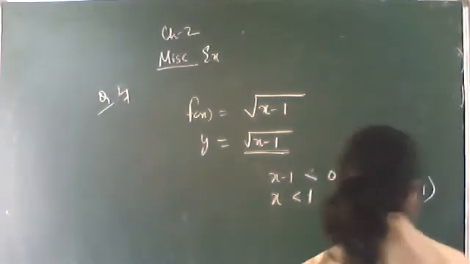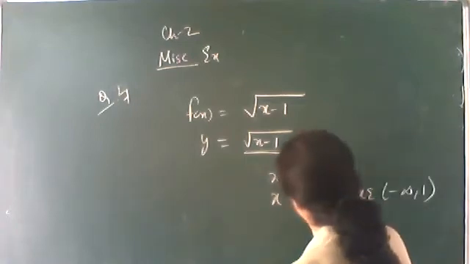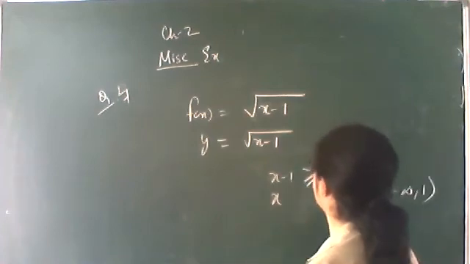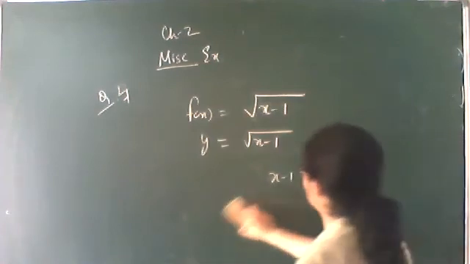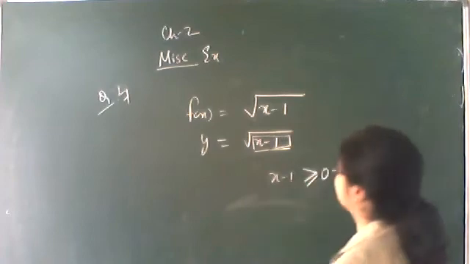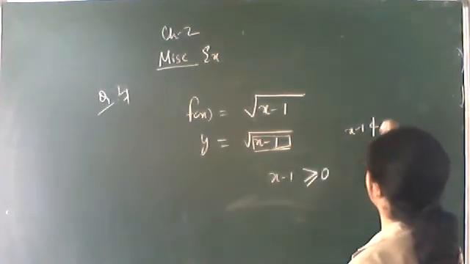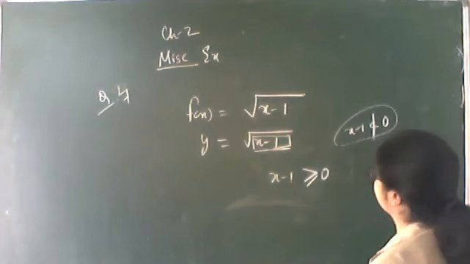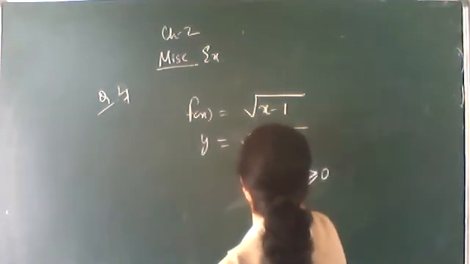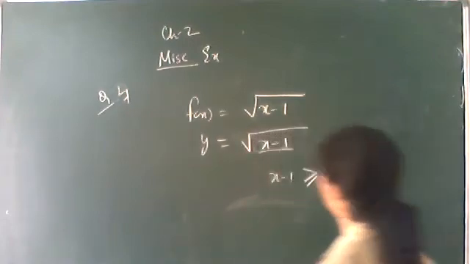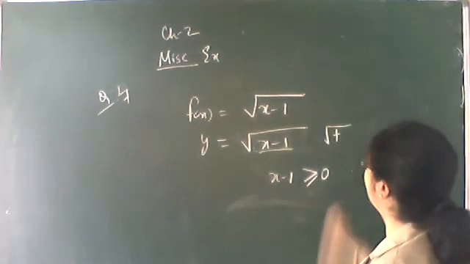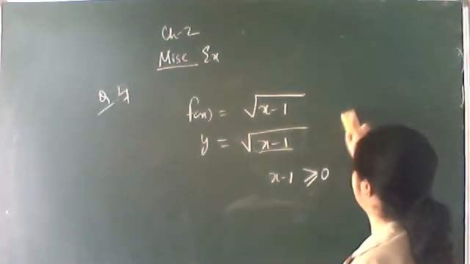Sorry, x minus 1 should be less than 0. What we have done, and no one said anything. x minus 1 cannot be less than 0. It should be greater than or equal to 0. This value should be greater than 0. This cannot be less than 0. I was telling you this should not be less than 0, and I have written that only and not written this symbol. Clear? So x minus 1 can never be less than 0. The root should always be positive, then only it is possible. So x minus 1 will be greater than 0.